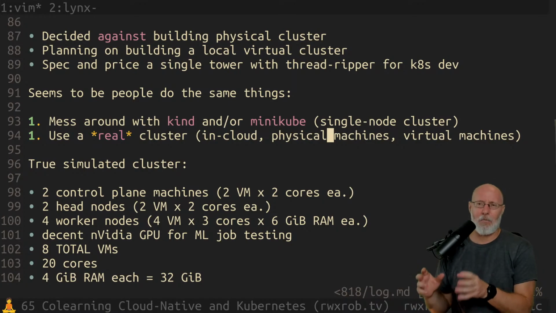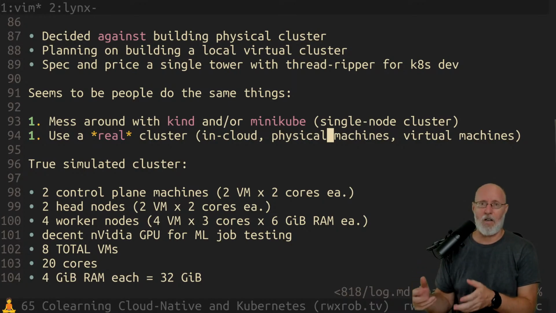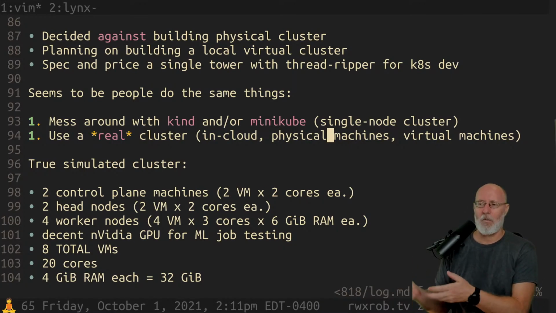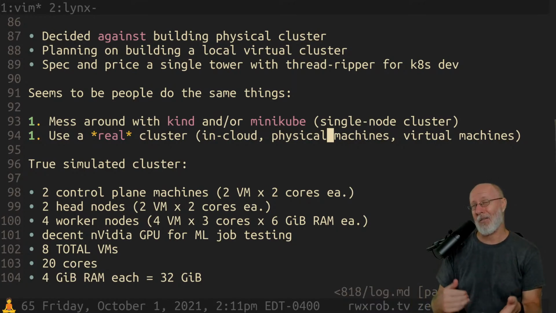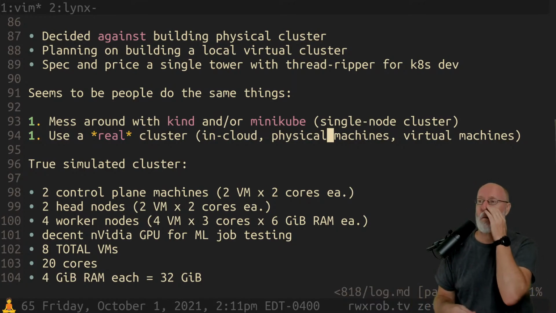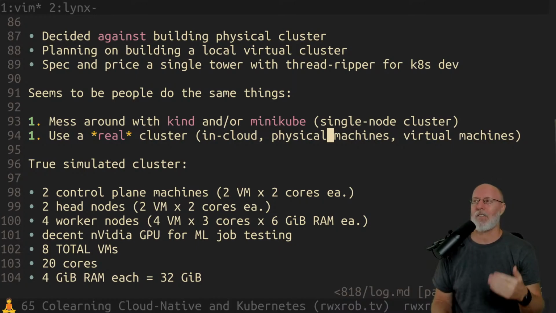And then if I want anything bigger than that, so let's say I really do want to emulate a full environment, well, now I'm looking at Terraform and Ansible against the cloud anyway. And by the way, most of those companies that are coming to you are not going to have the infrastructure, not going to want to pay for it. They're going to want to use the cloud anyway. So at that point, I feel like